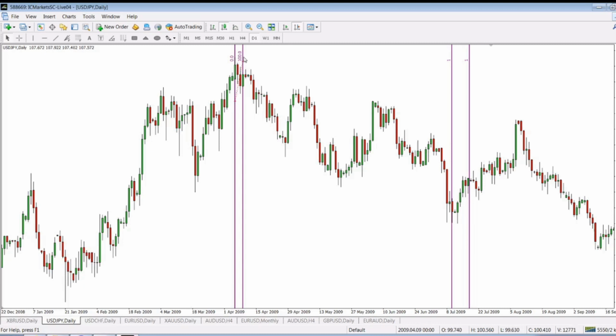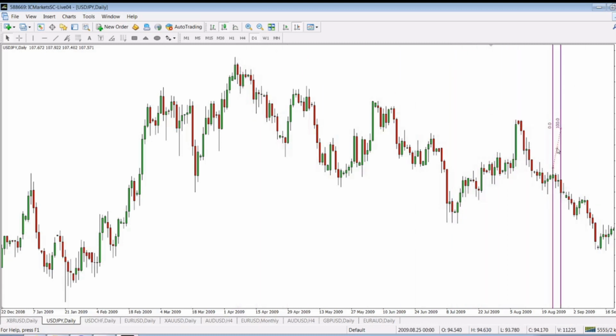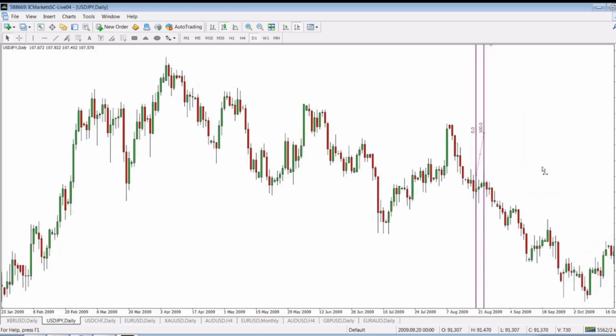Sometimes it happens, as for example, we got here a correction somewhere. Like in this trend, we got a correction. Let me show you. I just keep it. And let's measure this correction. Let's put it here. So we got 1, 2, 3. So the first cycle will be 3 times 27, which will be 52 days.